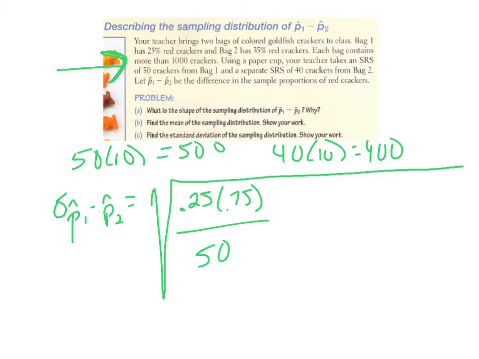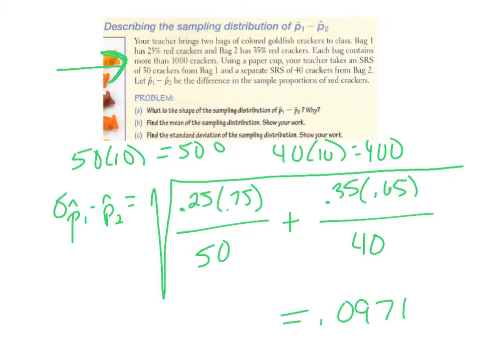That would be my standard deviation of the first bag, plus the standard deviation of the second bag. So 0.35 times 1 minus 0.35 over this time a sample size of 40, which is going to give me